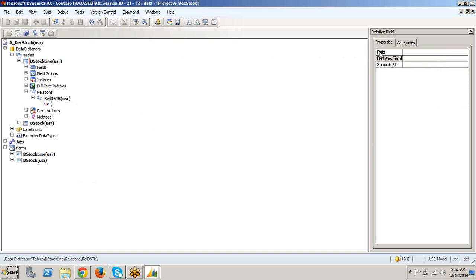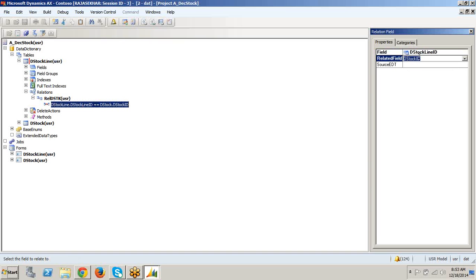Now in the relation type field, click here. You will get the field of the dstock line table, that is dstock line ID. Press enter. If you click on related field, it is the dstock table field, that is dstock ID. This is a child table field and this is a master table field.